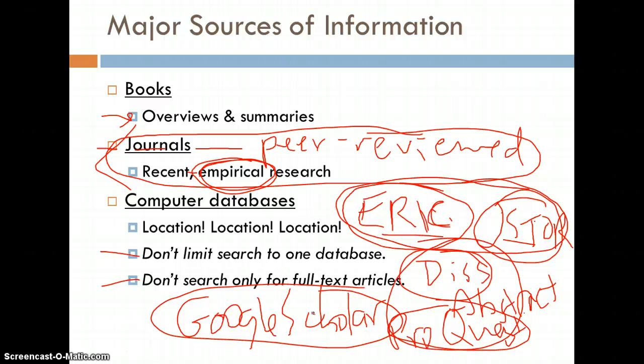I know it's really convenient when you sit at your computer or your laptop to just be able to pull up a PDF or the full text of the article, but not all databases will have every article in full text availability. Even ERIC and JSTOR and Google Scholar don't always have that. So you might have to go find the full text version, but you will get at least an abstract or a summary of what the article is about. So think about those computer databases. Think about where you're looking and how you're looking, and it should help you get some ideas as you kick off your lit review.